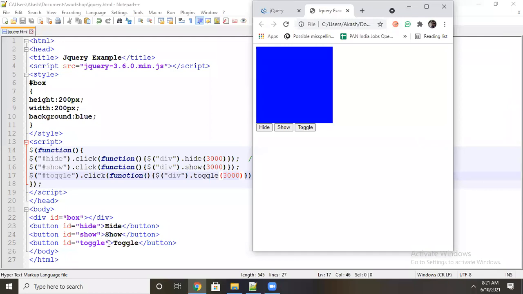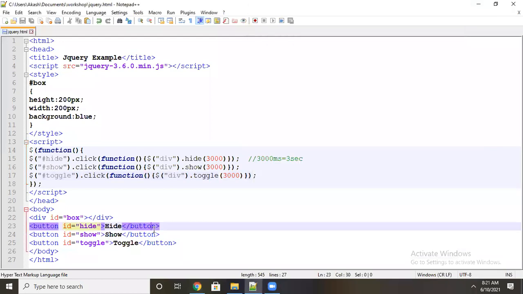I have written here hide, show, toggle, 3 functions I have made. Okay. 3 more functions I will take here. What are the 3 more?